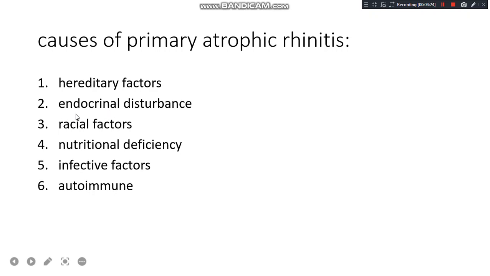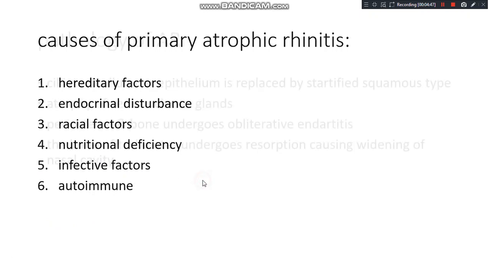So through this point we have suggested that it may be due to endocrinal disturbances. And then we have the racial factors, nutritional deficiencies like vitamin A or iron deficiency can also lead to this. If there's infection or autoimmune conditions, where your immunity is attacking your nasal mucosa, these can be the causes of primary